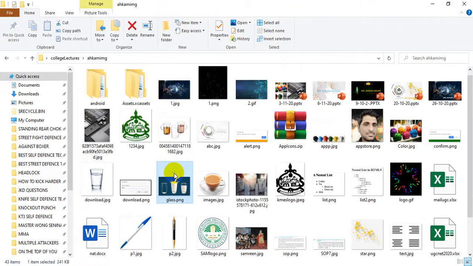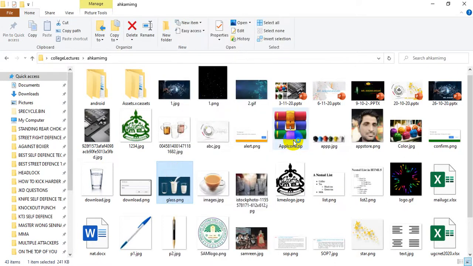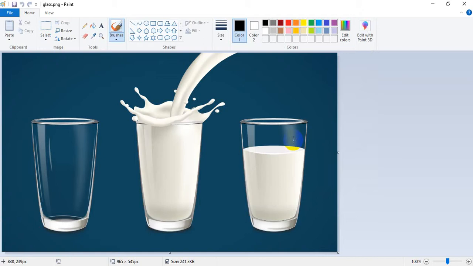Just right click on it, then open with Paint. You will get all the options of the applications stored in your computer. We are interested in Paint, so I will click on MS Paint.